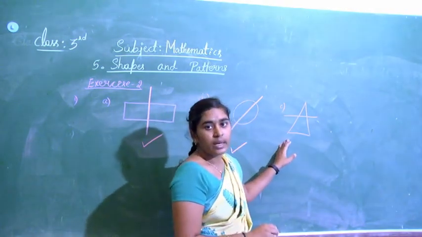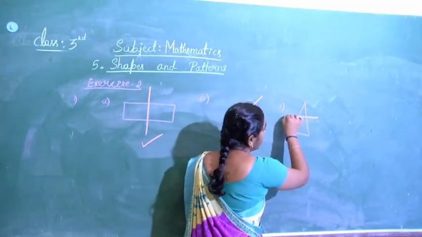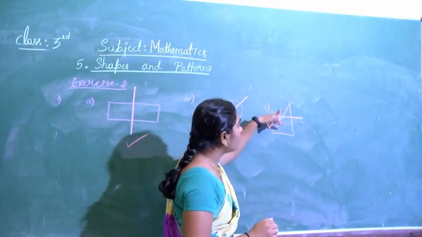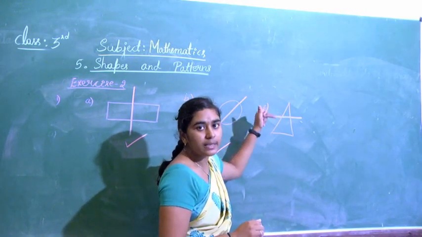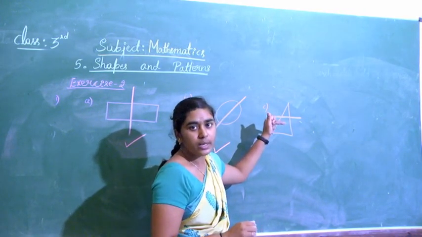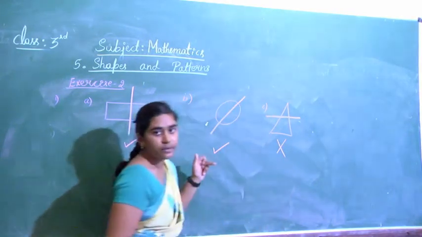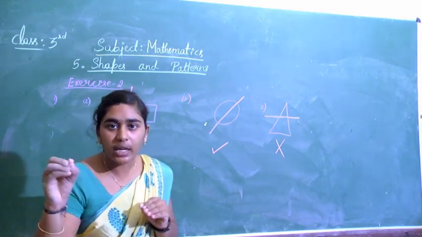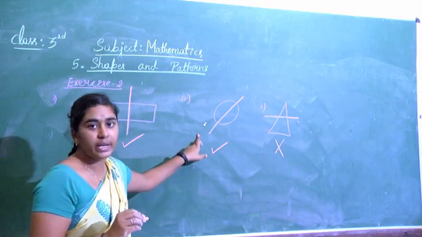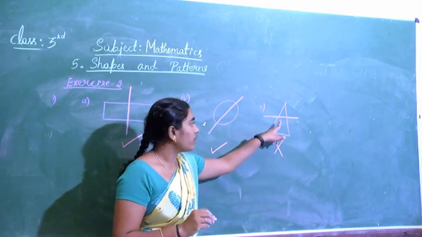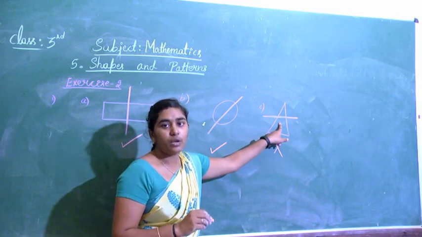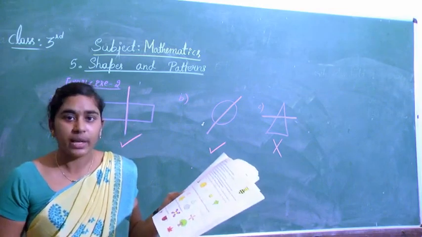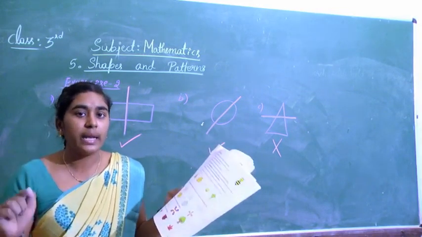The third one. Here the line of symmetry is the sleeping line. Is this line dividing the triangle into equal parts? Are the top and bottom looking similar? They are not looking similar, right? So this is not the line of symmetry. Like this, for each and every picture you need to identify, put a right mark for the correct line of symmetry and a wrong mark for the line of symmetry that is not correct. Okay. Now coming to the second one. The second one is also the same. You should draw the one line of symmetry.